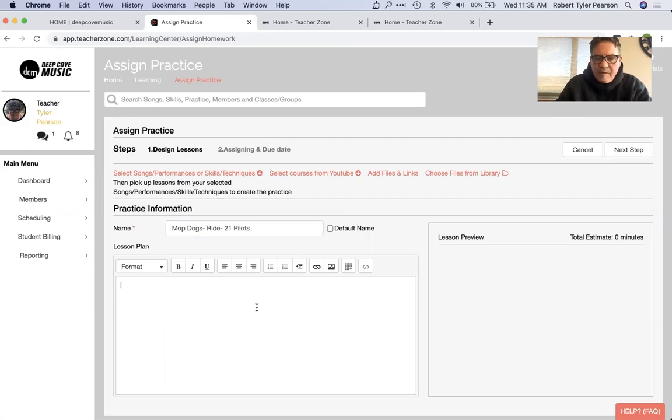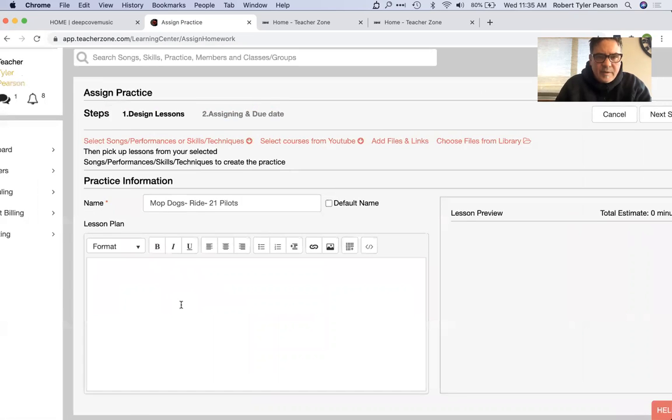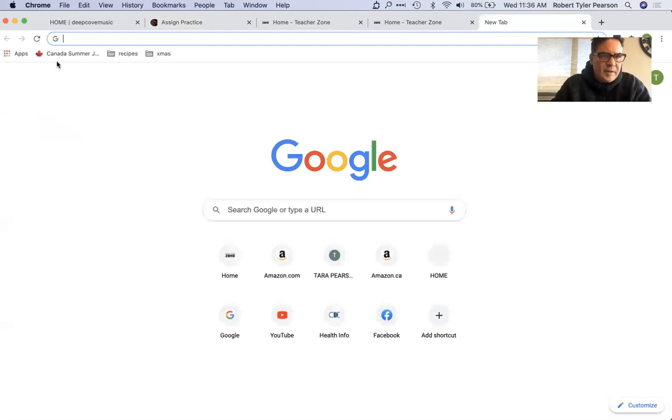Okay, so down here then, we can start putting in the lesson plan. And then up here you can start putting in the YouTube videos and the files and everything. So one of the things that you want to do is make sure you have the files that you want when you're making these practices. Quickly, I'll show you how you can do that. So if we needed, say, the 21 Pilots